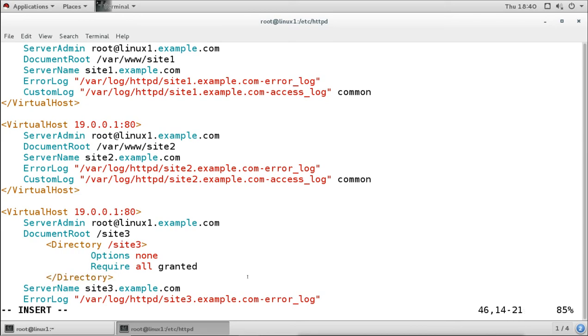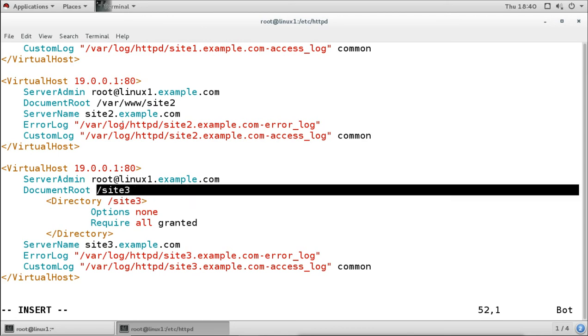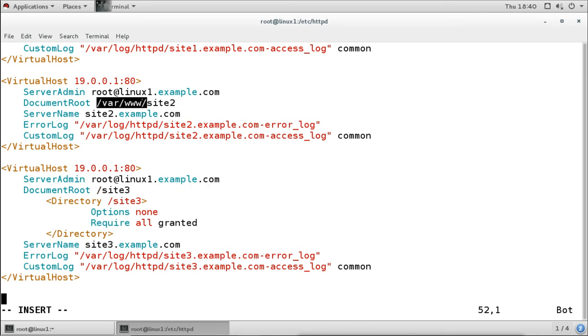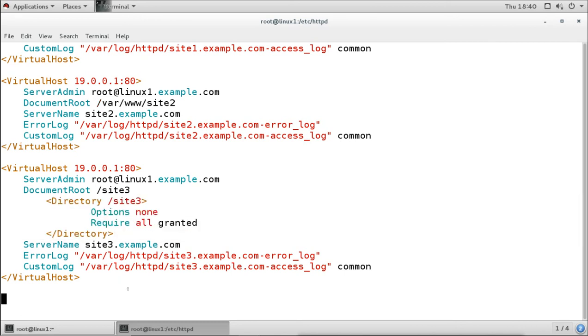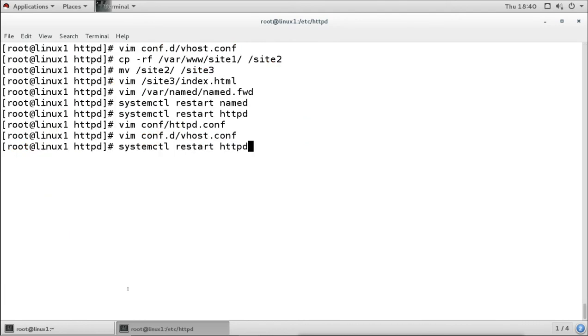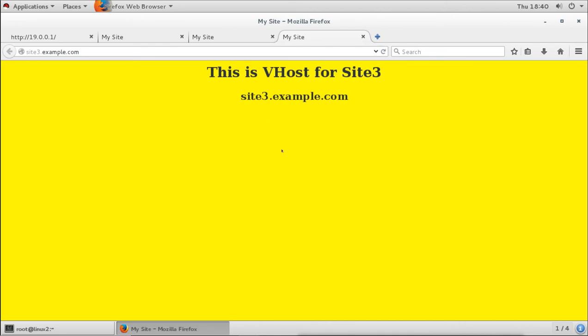So whenever you mention any other directory under var www, you have to mention this directory syntax. Now it is going to be accessible. Now we have changed something in the configuration, so restart the main services, and then we will check. It was showing the welcome page. Now I will refresh and we can see our main page. Because we have mentioned a separate directory, we have to mention that directory syntax for it.